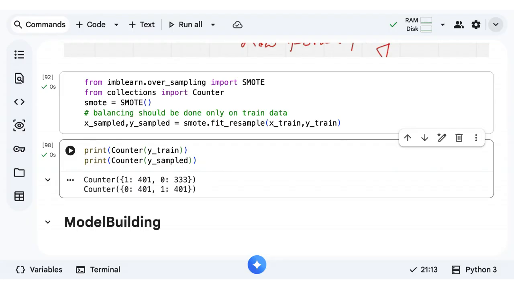No, no, it will be done on our training data, not on testing. Because I said now, equal importance should be given when you train it. During testing, we need not give an equal importance. I said I should give equal importance for teaching Python and machine learning, right? While conducting a test or exam, it's my wish. I need not give equal questions for Python or for machine learning. That's a difference you see here.